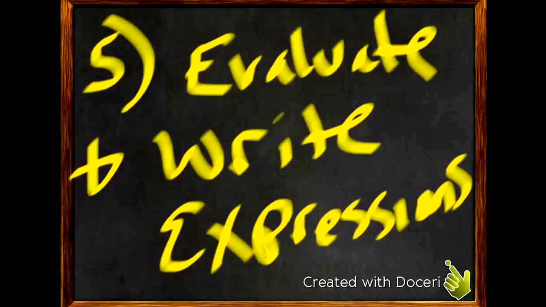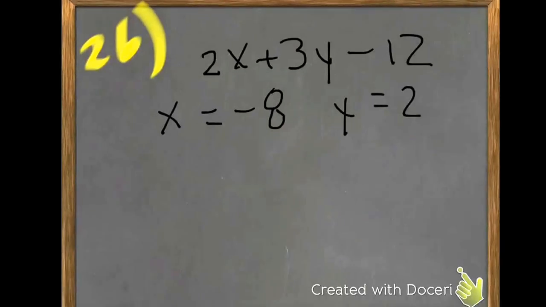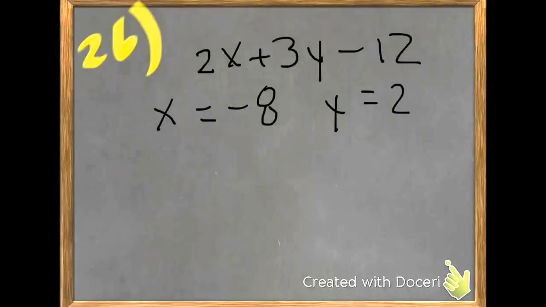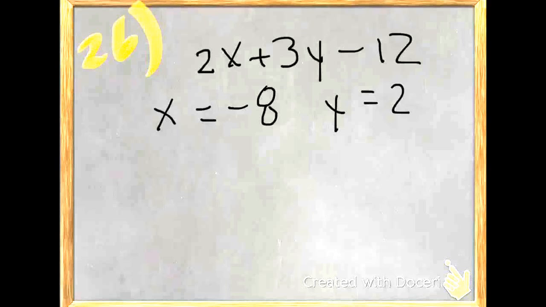Okay, Unit 1, Corrective 1, Competency 5, Evaluate and Write Expressions. Evaluating expressions just means we're going to substitute the negative 8 for x, we're going to substitute the 2 for y, and then we're going to simplify until we have just one number, or as far as we can go anyway. So I'm going to substitute negative 8 for x and 2 for y,